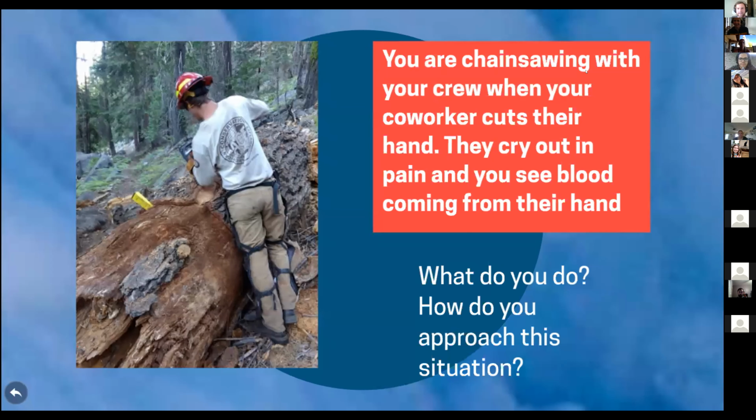Yeah, so kind of a leading question here. You're gonna do just what we talked about. You're gonna do the scene size up. So number one, make sure that the scene is safe. Like Kat and Mingo were talking about, we want to make sure that there aren't any trees about to be dropped on us. The log's not about to roll. The chainsaw's turned off. The person isn't flailing about with their chainsaw. So number one, make sure the scene is safe. Two, what happened to you? We saw them, they have cut their hand. The mechanism of injury was a chainsaw hitting the hand.